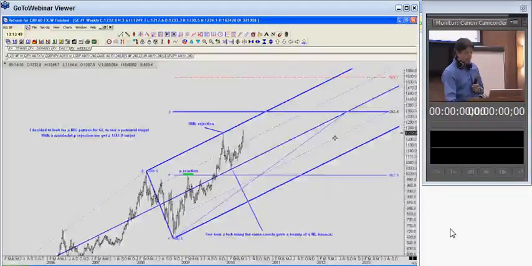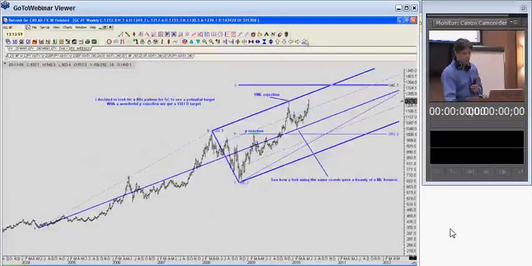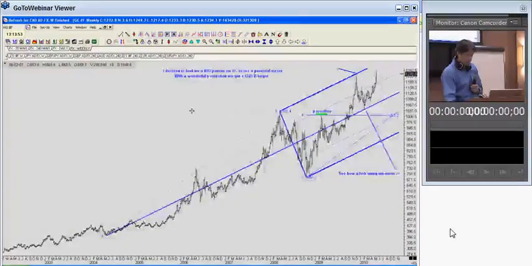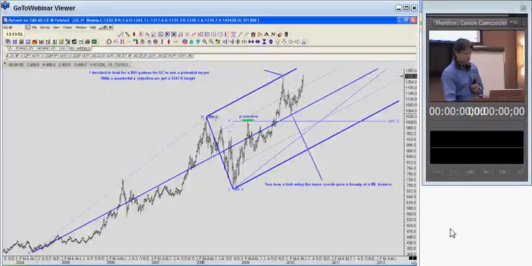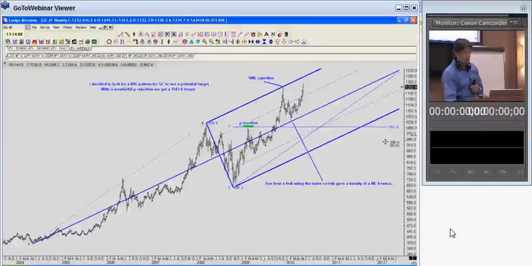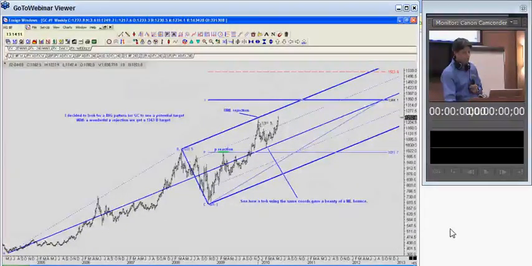This is the ABCD. A, B, C. Look at the P reaction here. We come up, touch P almost to the pip, and pull away. We then pretty much gap through the P. The fork, I'm happy at this point, is working because the upper median line has given me a solid rejection. It drops straight to the median line, which gave me a very strong rejection back in the up direction,